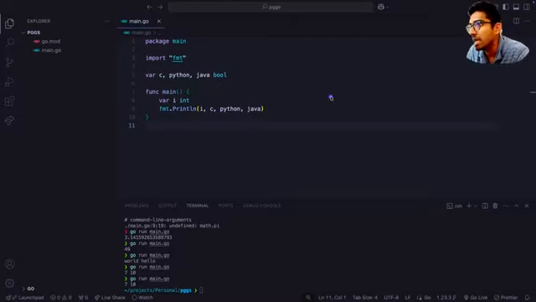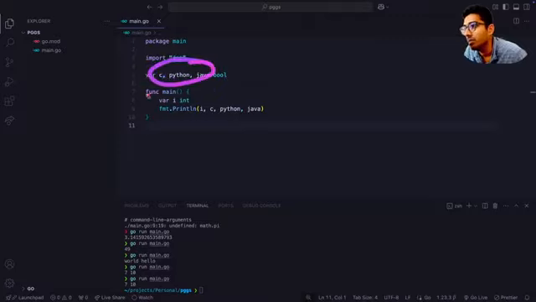Okay. Now this is how we declare variables in Go. Outside of the function, we can write the keyword var and the name of the variables. And if all of them are of the same type, we can just add the type at the end. If they are not of the same type, we have to add the type after each variable's name. Since all of these are of the same type, we can just write bool at the end, and all these